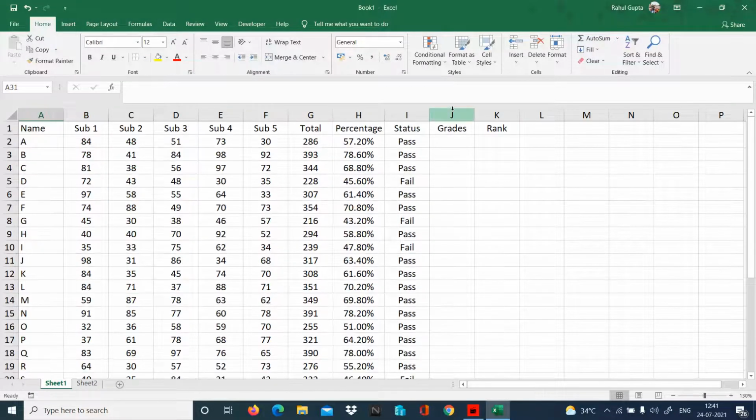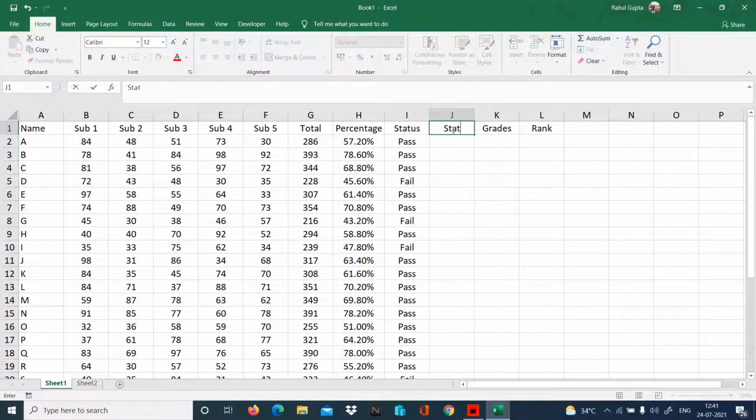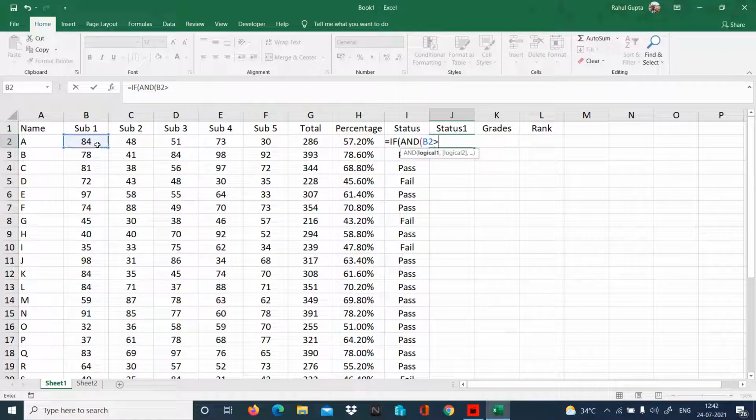So let's insert one more column over here. And an OR only gives us true and false. It does not give us any kind of values. So we have to use them with if. Is equal to if, I'll use AND. Is this logic is greater than or equal to 50?